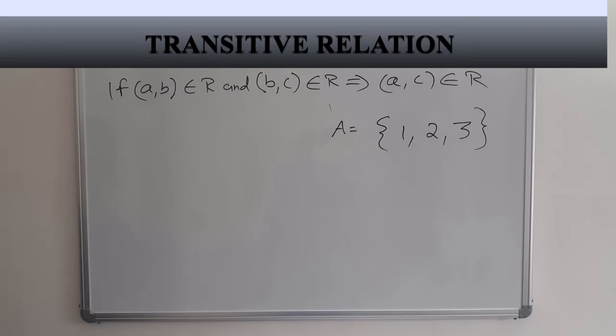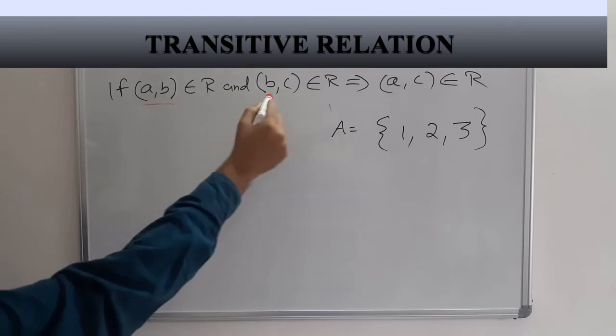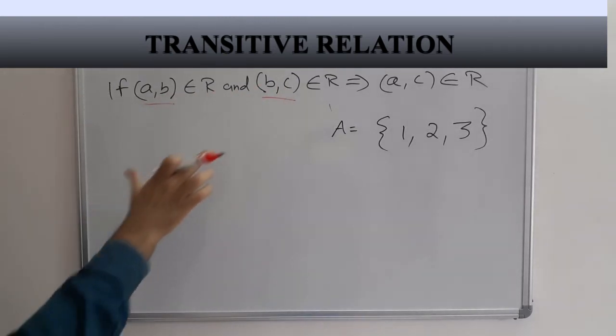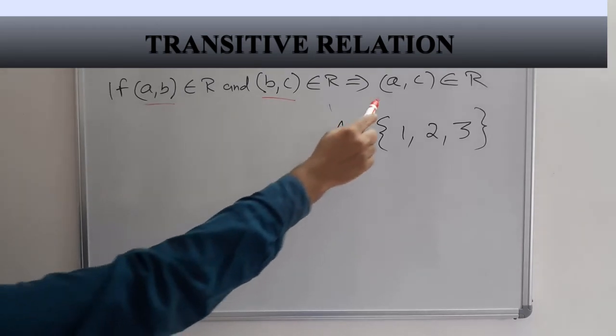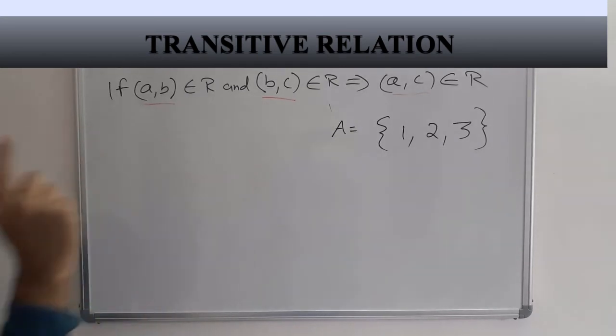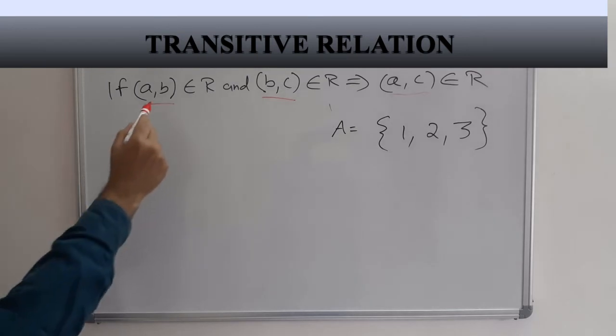Let us see this condition in detail. We should have two elements like (a, b) and (b, c) to check the transitivity. And if both these elements are present, and if we have (a, c) as an element in the relation, we tell that it is transitive. And if we have these two conditions and if we don't have (a, c) in the relation, we tell that it is not transitive. Just see the elements.